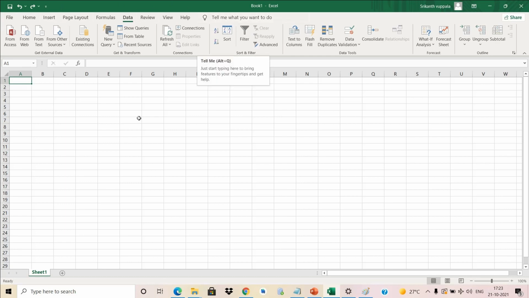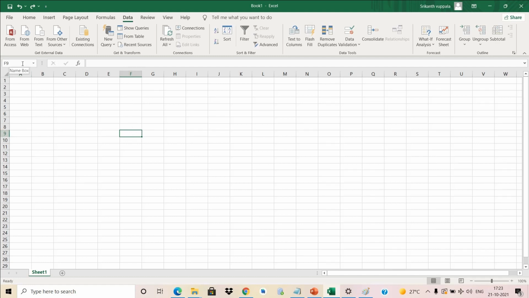Coming down to the tab menu, you can see there is a box which is called name box, as it's shown on the screen. The highlighted area is called name box. This shows the exact position of our cursor. For example, if my cursor is in F9, here it shows F, 9.